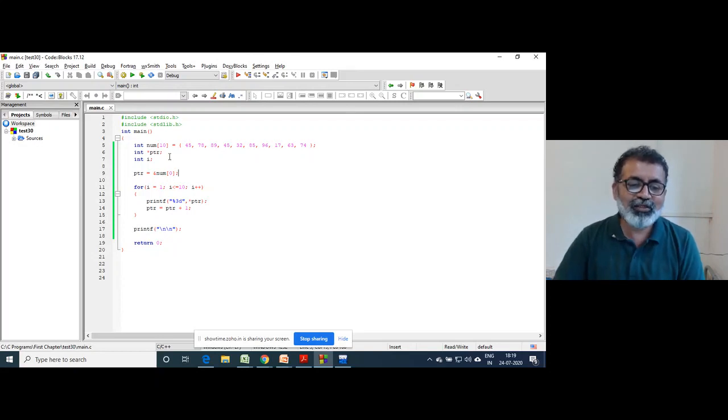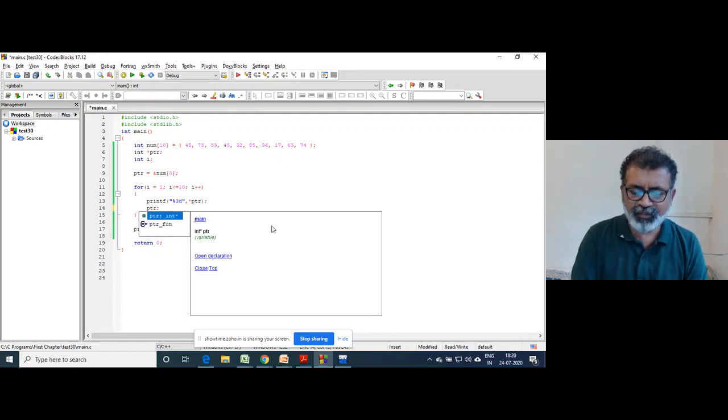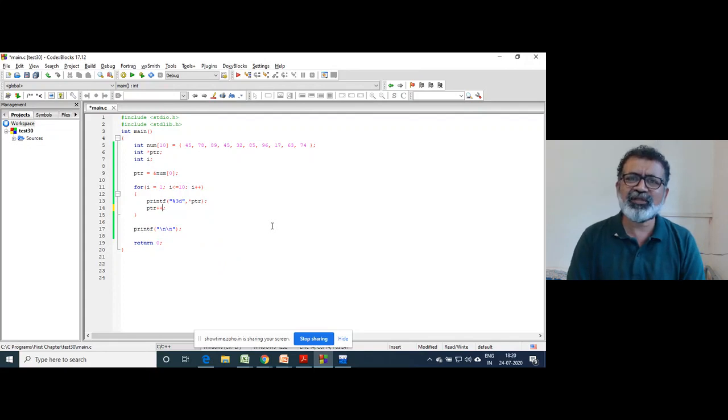So now suppose, all these rules can be applied here, no? It can be ptr = ptr + 1. You can write ptr++. So this is valid, ++ptr.